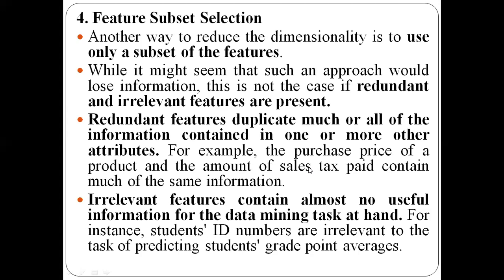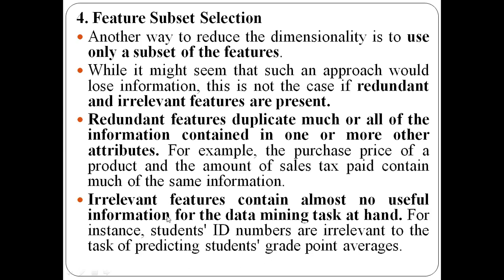And one more is irrelevant attributes. Irrelevant attributes are the attributes which will not be useful to perform your data mining task. These are the attributes which are not at all helping you to perform your data mining task. As I said, in the student data set, if you want to find the average of the marks of the students, then the other attributes like age, date of birth, address are not required for you. Those are irrelevant attributes for calculating your average. So you can remove such attributes using this technique. Irrelevant attributes are the attributes that are not useful for performing your data mining task.